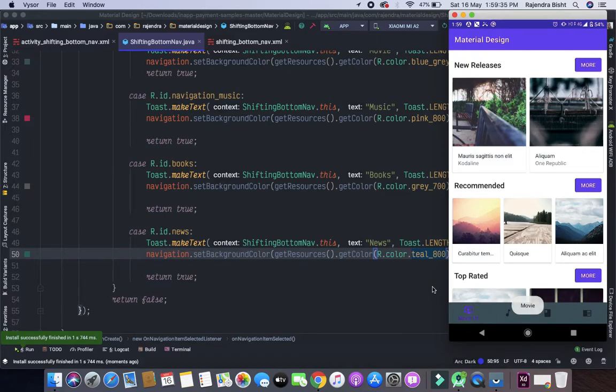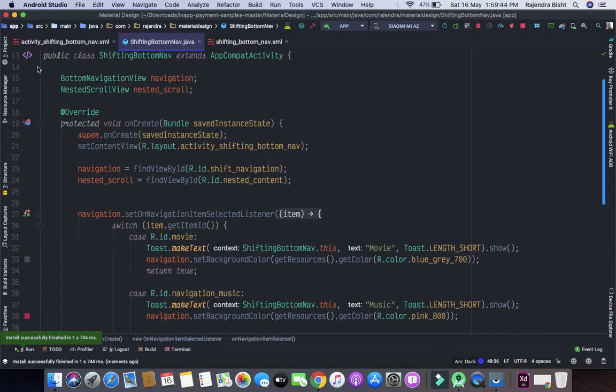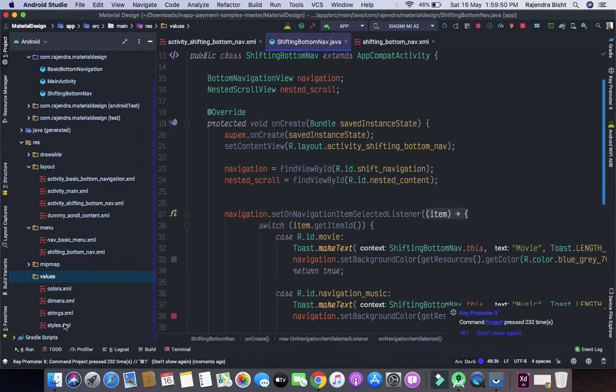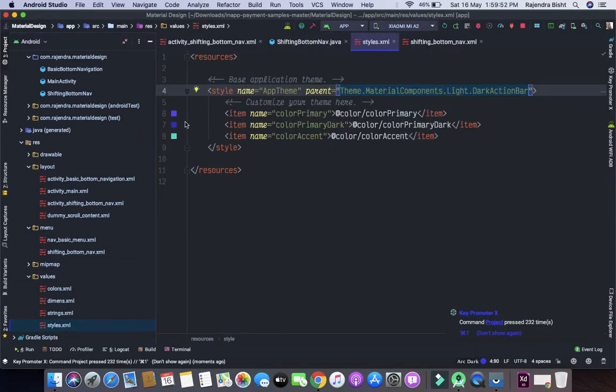Now let's change the color of the menu item because it is not showing well. Let's go to the style and change our primary color to white.